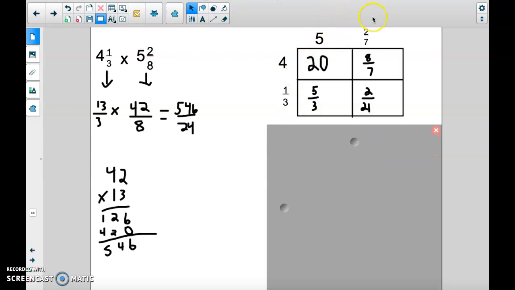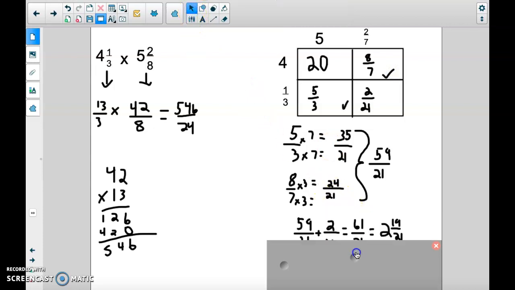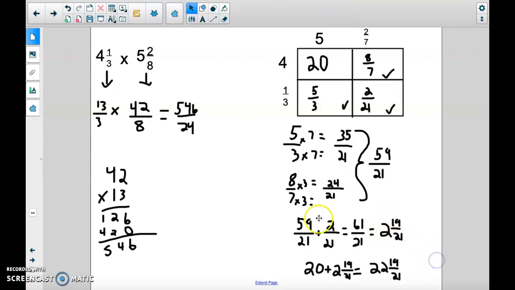4 1/3, 5 2/7, fill in the box. Then I'd start adding them. Again, I'm going to go with these ones first. Okay? So now I've done these. And I will add on this. Now I've got 61 21st, which was 2 and 19 21st. And now all I have to do is add on that 20. 20 times 2 and 19 21st is